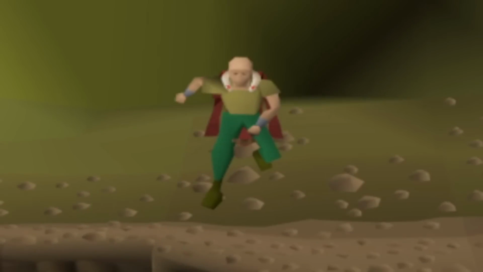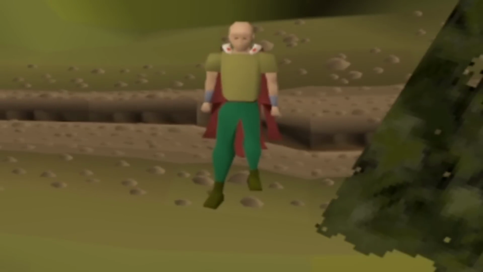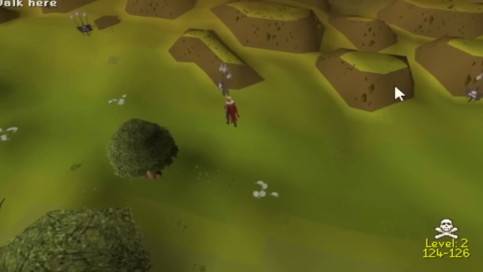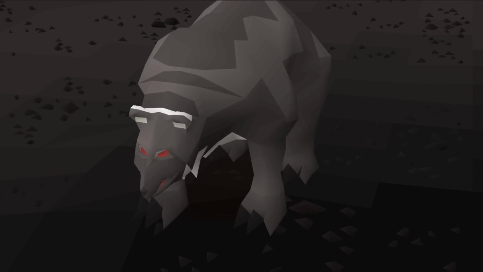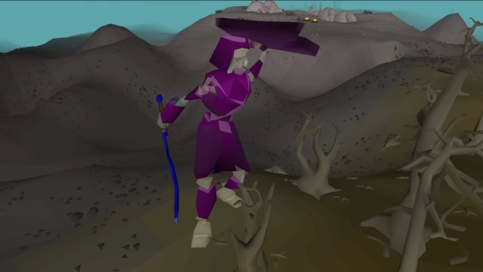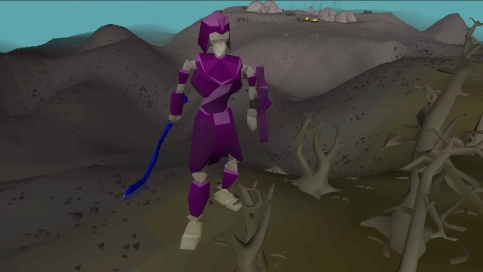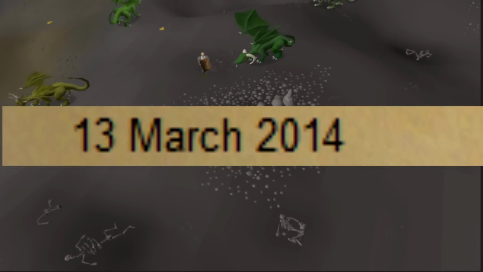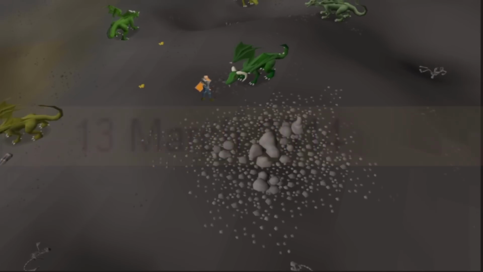The wilderness is probably one of the most iconic and recognizable areas in all of RuneScape, and today it's receiving a massive update. Callisto the Bear, Venenatus the Spider, and Vet'ion the Skeletal Champion have been in Old School RuneScape for nearly 9 years now. Yes, they did come out all the way back in March of 2014, and they have always been riddled with